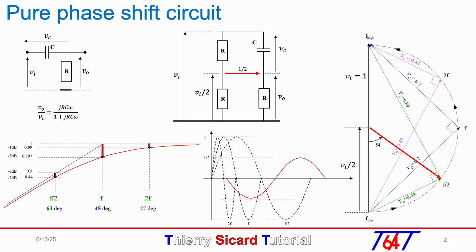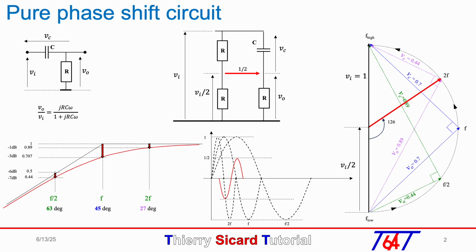On the left, a representation shows the same vector in the time domain. For the frequency f over 2, the red signal represents the signal shifted of 54 degrees with an amplitude of 0.5. We do the same for the frequency f and 2f with a respective phase of 90 and 126 degrees